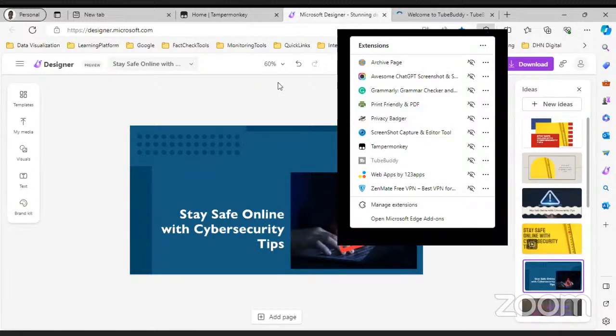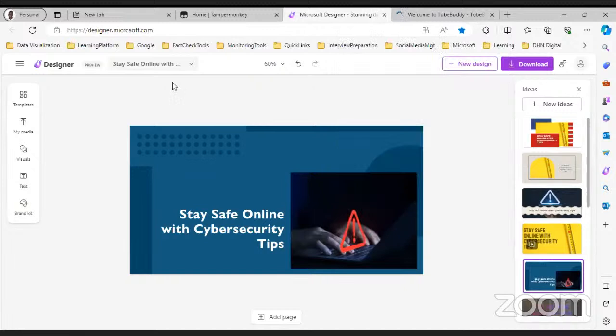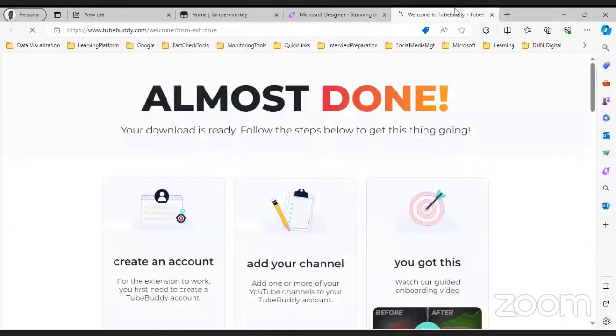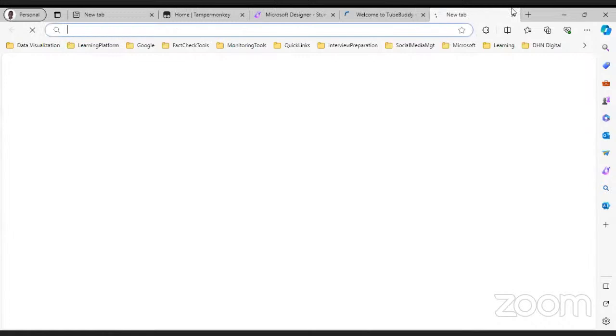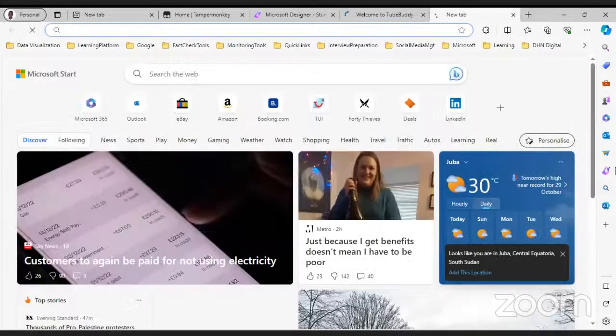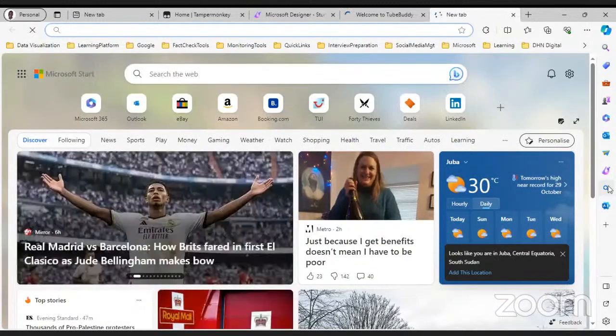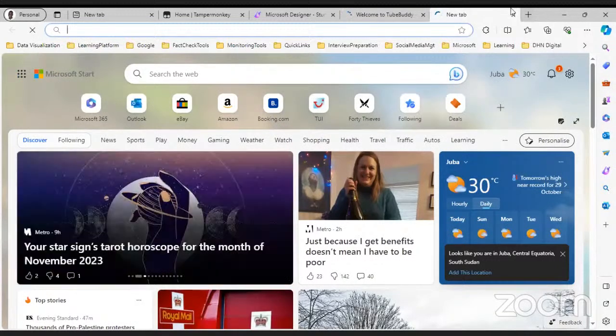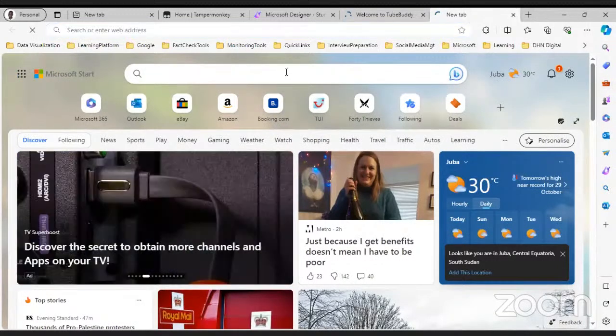Microsoft Designer works for you. And then the last one that I want to show you is called Bing Image Creator. Let me just come here.